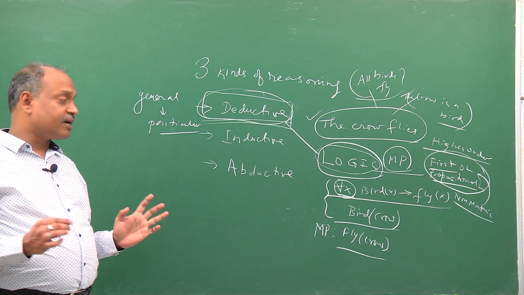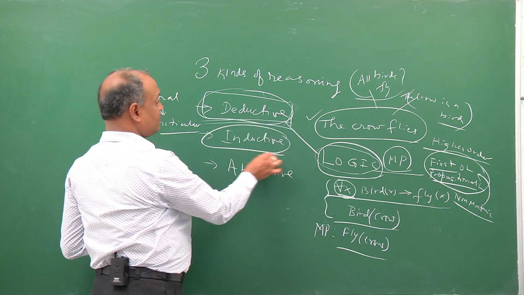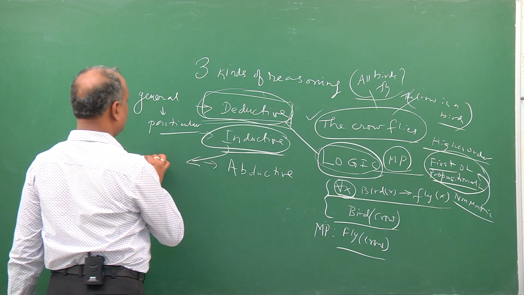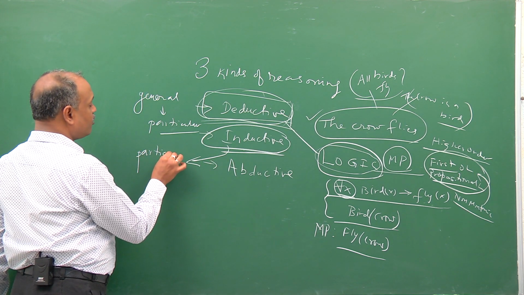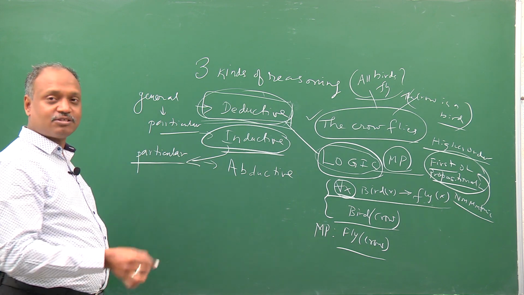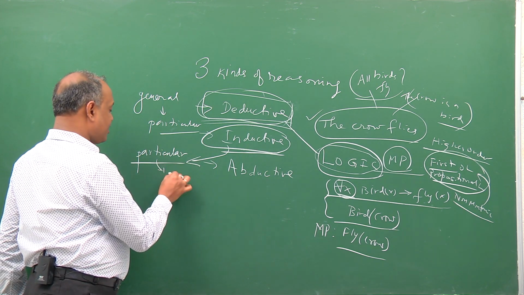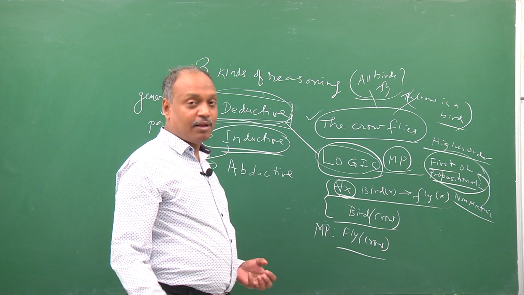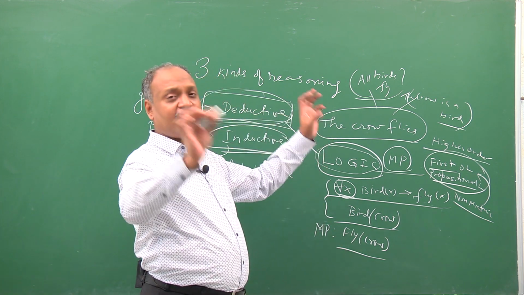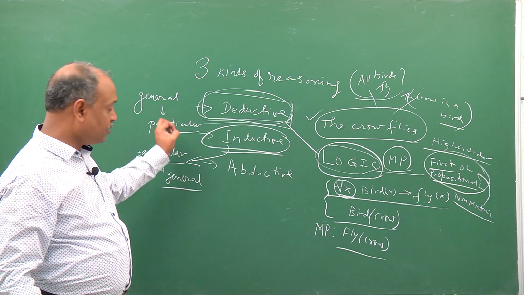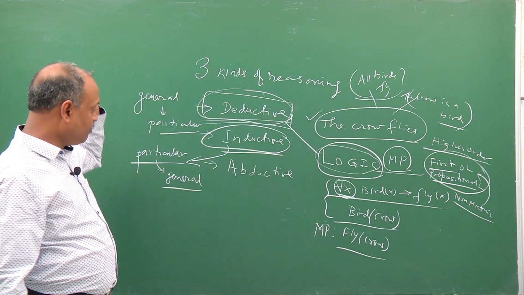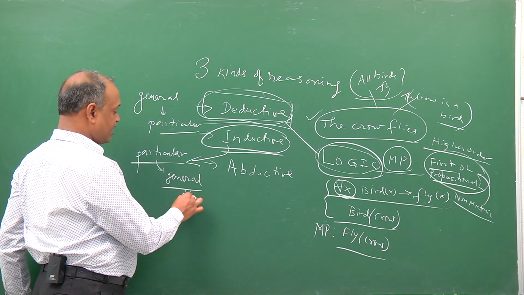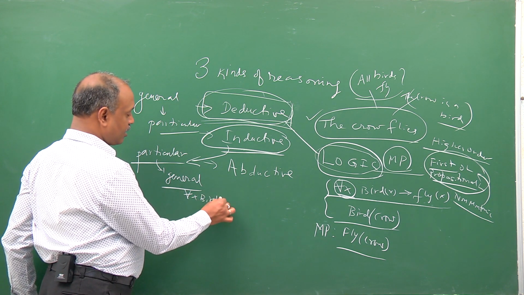Going beyond deductive, the opposite of deductive is what is known as inductive reasoning. Inductive reasoning is primarily focused on the notion that when you have a lot of particular instances of knowledge, can you create a general rule explaining the phenomenon? For example, if you see hundreds or thousands of birds flying, this bird flies, bird 2, bird 3, bird 4, bird 100,000, bird million flying, then you can say here is a generic rule: if anything is a bird, it will fly.